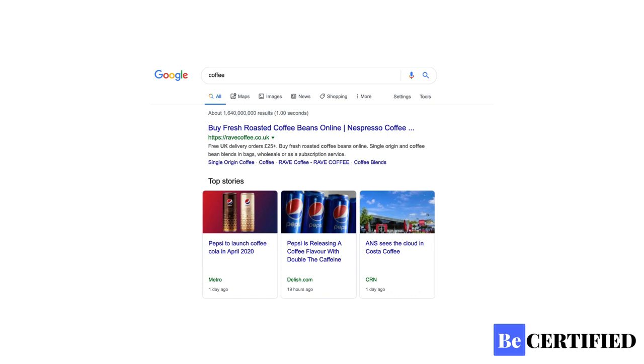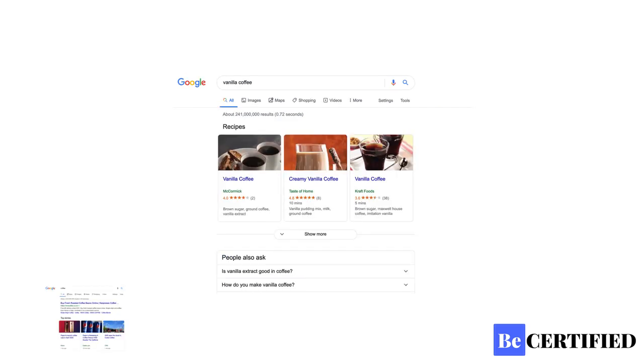Now, if you search the word coffee in the search engine right now, you get billions of results since it is a very generic keyword. So you get everything from news, recipes, coffee shops, and so on. And as I mentioned, if you were to search the word vanilla coffee, it starts to niche down to a smaller group of people, but if you are a business selling vanilla flavored coffee, you will not be generating any sales because what people are looking for are free topics, free blog posts